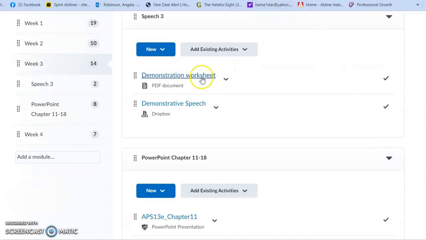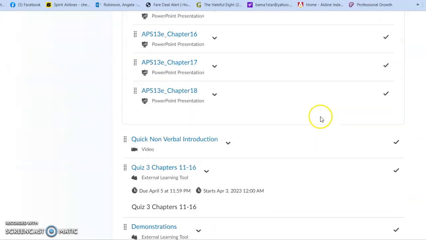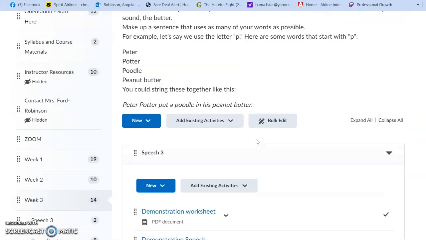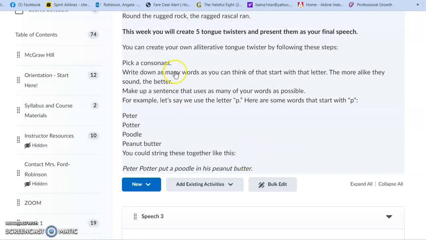For the demonstration worksheet, forget that. What you're going to do is upload your outline here for me, and it's going to be 5 tongue twisters that you've created, your very own. Then for your speech, you're going to go here and you're going to upload the 5 tongue twisters that you've created. And what I'm going to do, what I should have already done, and I'll put it in here for you,